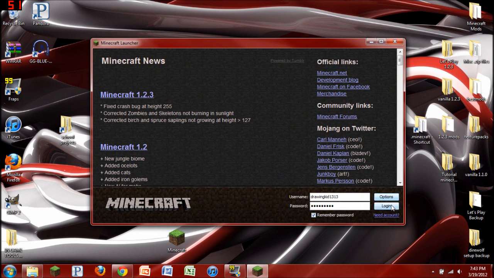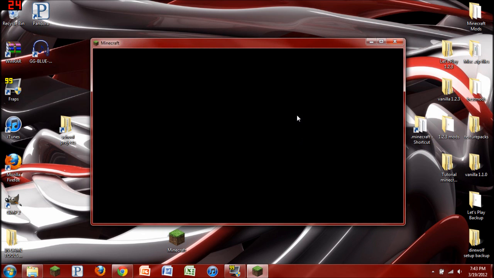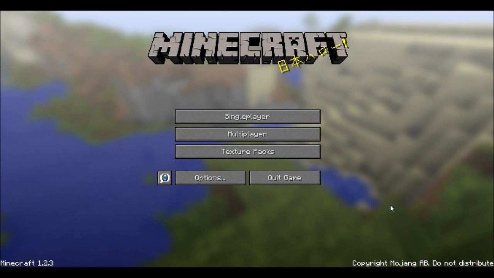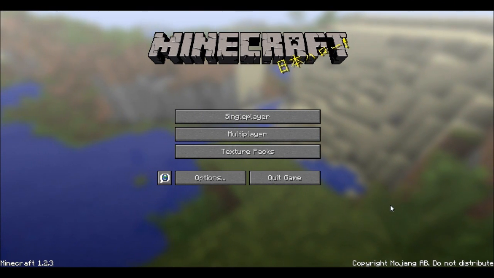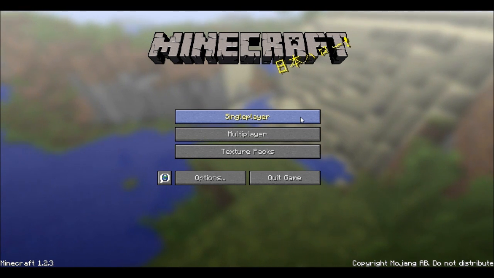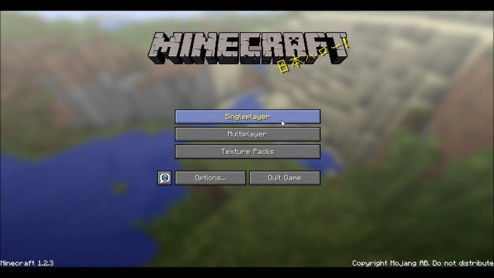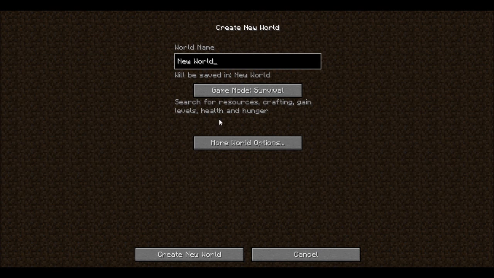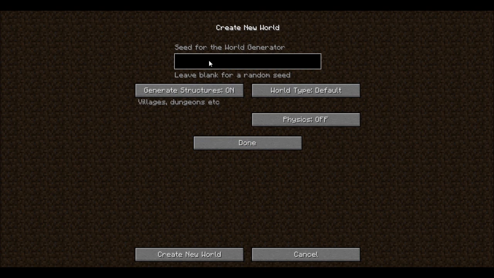Now when we go into Minecraft, we're going to log in, and I'm going to make sure that this is all full screen for you guys. Alright, so now that I have that full screen, and you can see what I'm doing, and you don't have to stare at my desktop the whole time, you can go into single player, create new world, and name it whatever you want, and all that fun stuff if we wanted to use a seed, and you have your usual